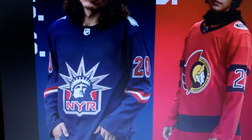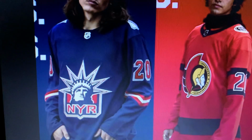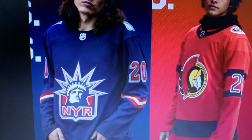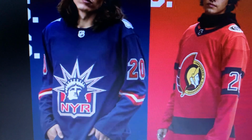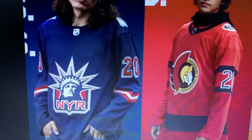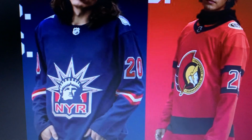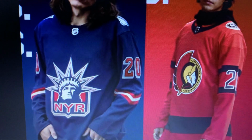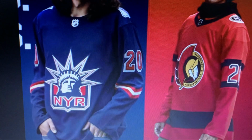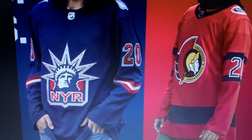I don't disagree with anyone who says that it was a cool concept for a new type of logo. Who would have thought that the Rangers would have done something more like this? And they did back in the 90s. And there's a reason it's been requested to be brought back by a lot of fans, whether it's Rangers fans or hockey fans in general, is because I agree with everybody. It's a good logo. And, you know, the Liberty uniforms were never my favorite. But